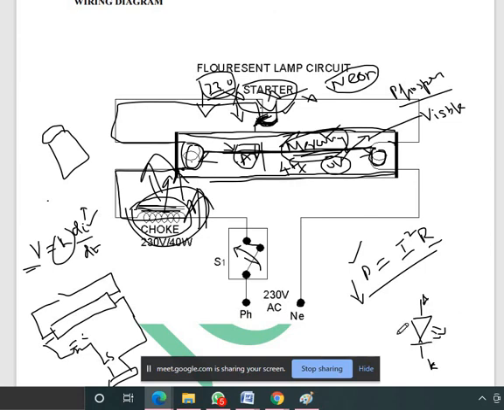So it will consume very little power, and it will not create heat, because it will be